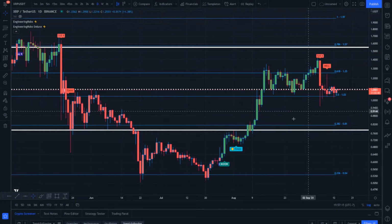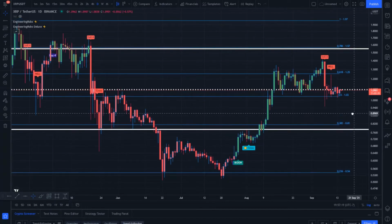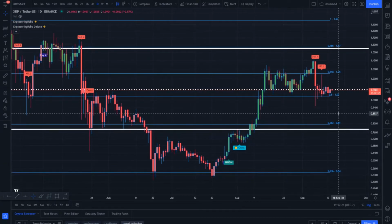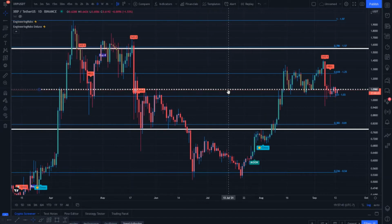Right now, price action is currently interacting with some very key technical levels in my opinion, which we will go over at the moment. I'm looking at some short-term downside. I do believe a more comfortably bullish area of accumulation for XRP will present itself moving forward, because as we can see, price action is looking a tad bearish at the moment, getting squeezed by some potential resistance around this